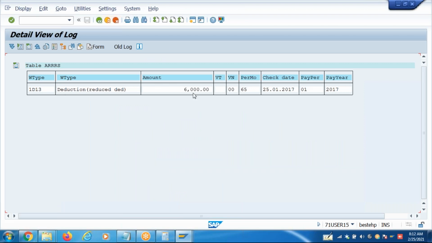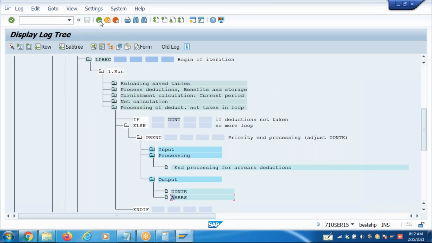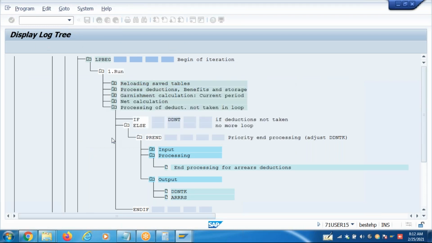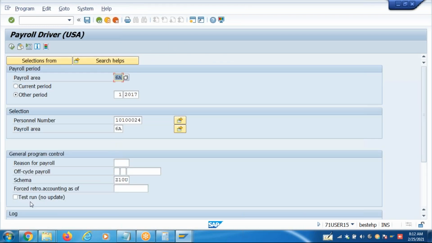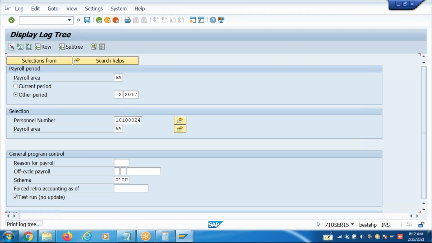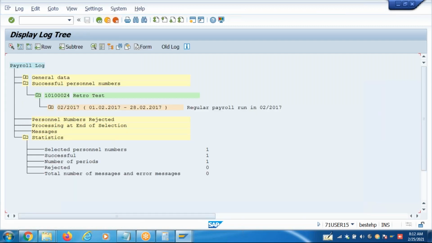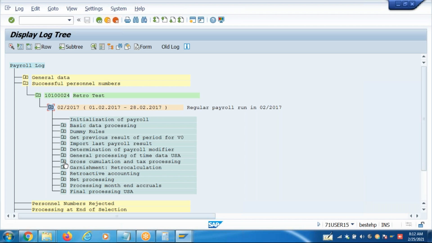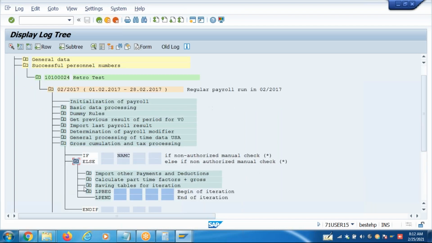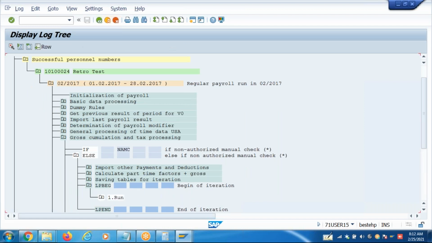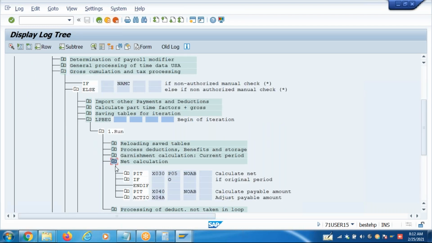1D13. So in the subsequent month, if you run payroll, which wage type will you see, guys? 1D13. And what characters does this wage type have in arrears?